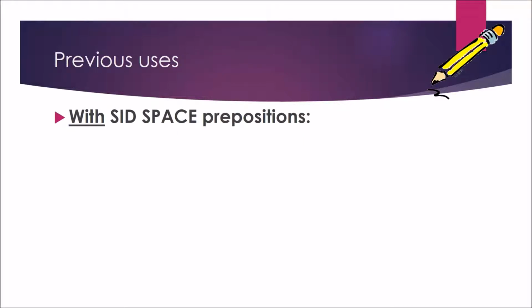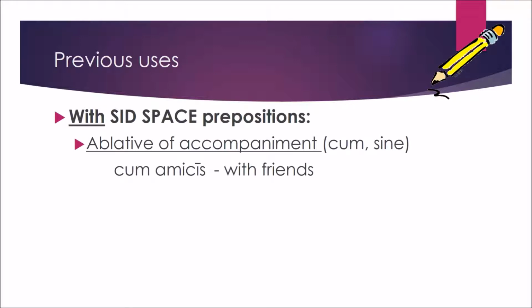Now, some of the uses of our SID space prepositions actually have names based on what they're doing. Our first use is the ablative of accompaniment, which is used with the prepositions cum or sine. Our example, cum amicis, indicates with whom you are going someplace or doing something: with friends. And even though sine means without, it's almost like an ablative of lack of accompaniment, so it's included in this